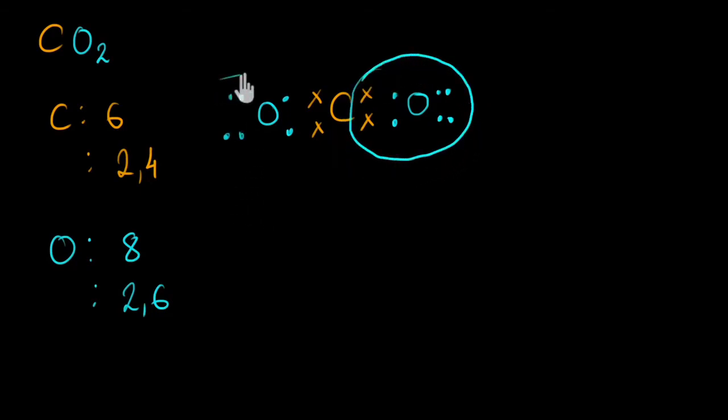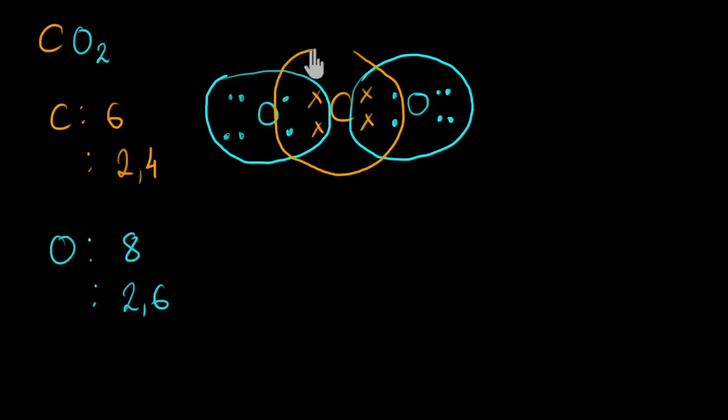Similarly, this oxygen will share 2 of its electrons with 2 of carbon's. And now carbon, with this oxygen, will share 2 of its electrons. So something like this. And with this oxygen, it will share again 2 of its electrons. Yes. Now if you look at the octet of oxygen, it had 6 electrons of its own, and now 2 electrons from the carbon are also being shared. So over here it experiences 8 electrons around itself. Its octet is complete. Similarly, this oxygen's octet is also complete.